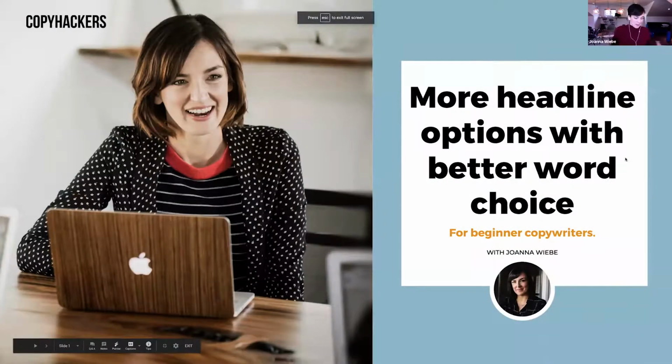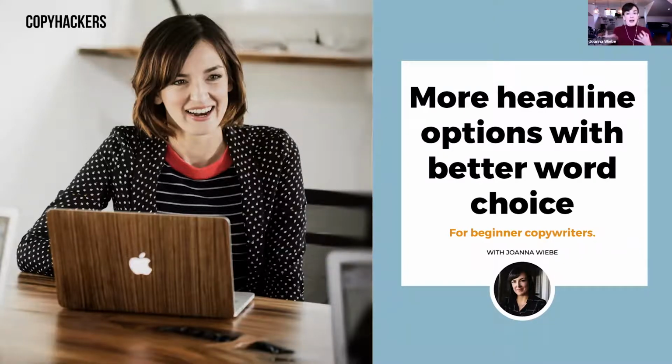Headlines. There's so much to say about headlines, so I wanted to focus today on getting more headlines written. A lot of people are writing one headline and going with it. If you think that's not you, I challenge you. I believe that is you, because it's me sometimes too. I've fallen into thinking, oh, this headline sounds perfect, we don't need to try any others, just go with that one. But you're leaving a lot on the table. It could be a really solid starting point, or it might be the one you get back to in the end and say, yep, that actually is the best one to go with. But you need to get more options out there.